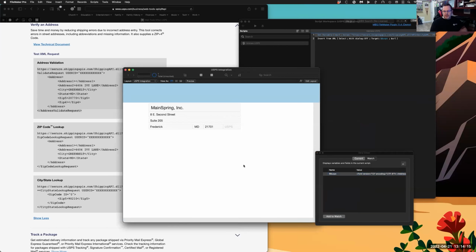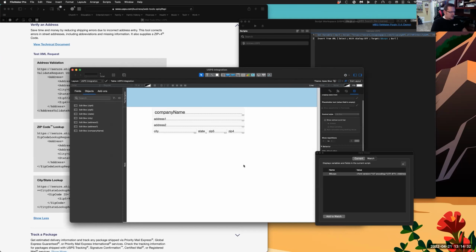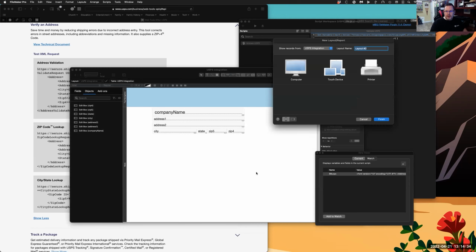So what are we going to do with this? This is where we do the validation, like Marshall was saying. There are a lot of different options for this. You can use a popover, you can use hidden fields. I'm going to use a card window. So I'll create a new layout. And on this new layout,